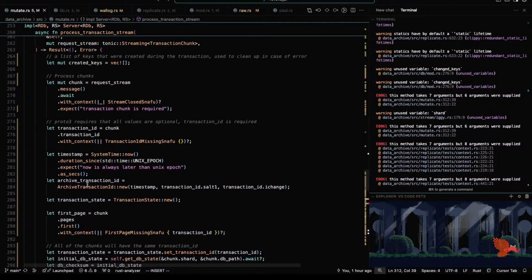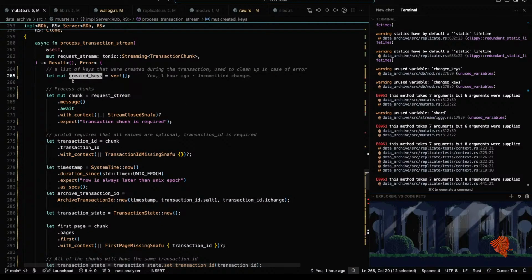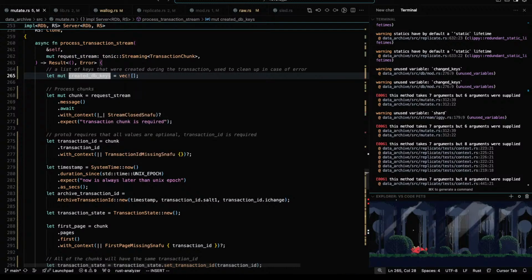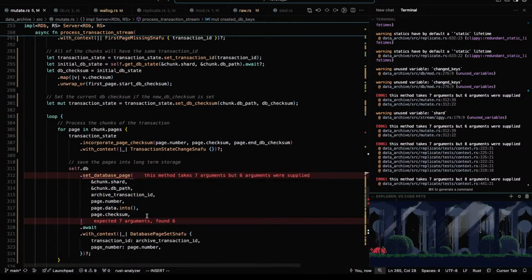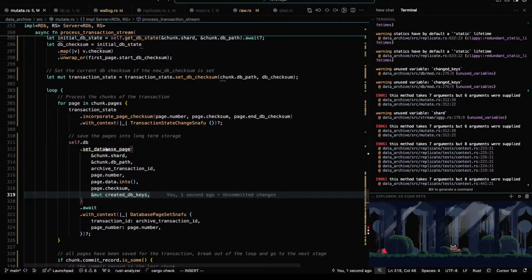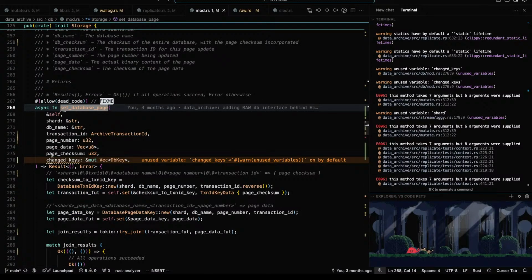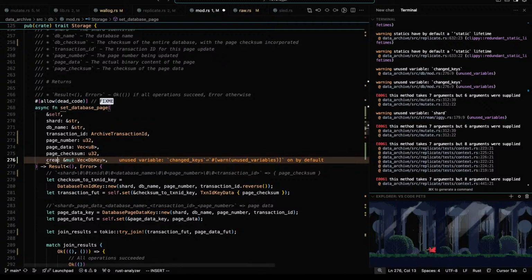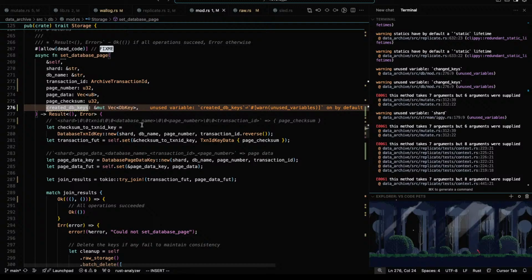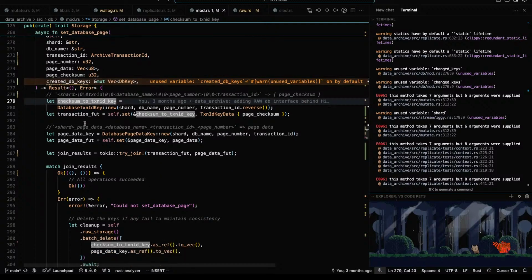It will need these created keys. Created DB keys, sure. And pass that into here. Created DB key. So we have that one and this one.